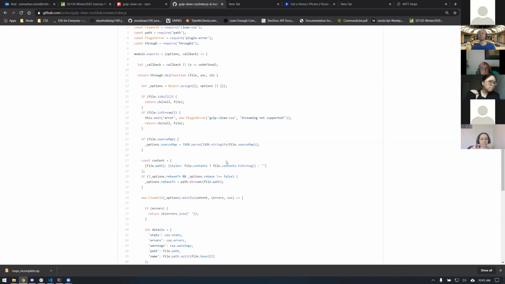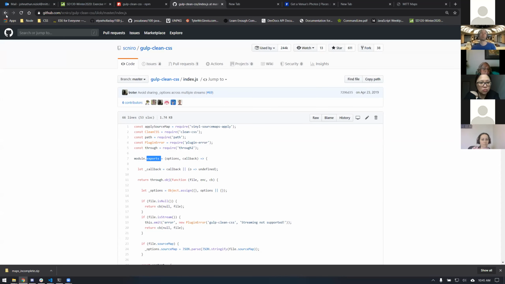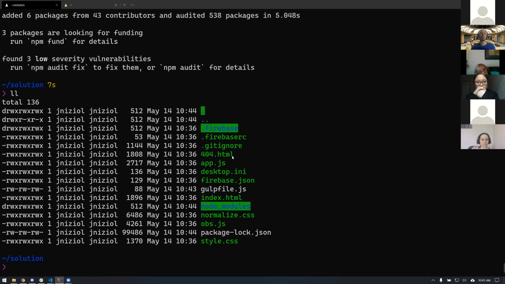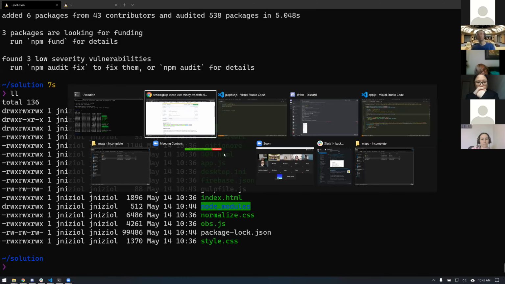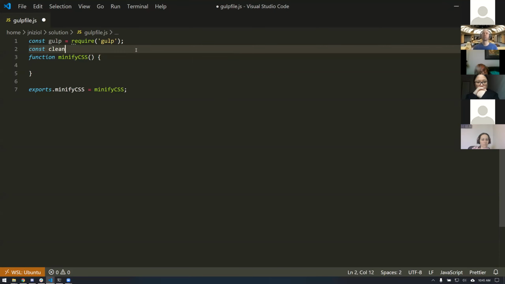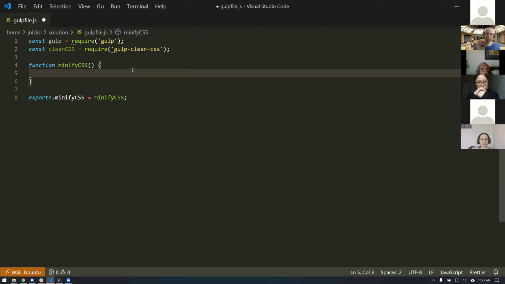So they would have an export somewhere. There you go, module exports. And they're using a module too. But so they would have an export. So they're exporting their thing too, because again, if we want to import it, they need to export it. And so we're importing it here, clean CSS from gulp-clean-CSS. And all we're going to do is we're going to look